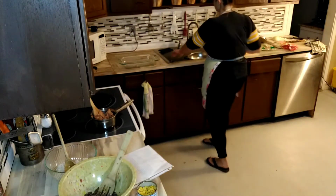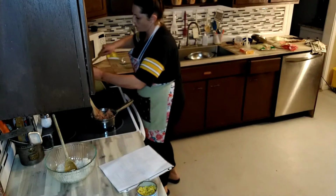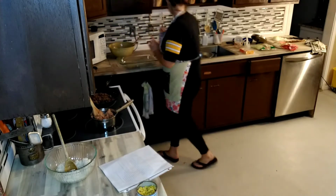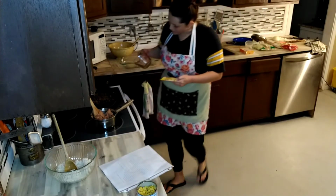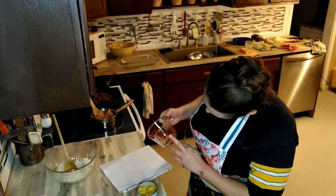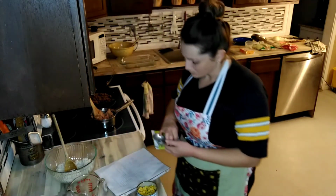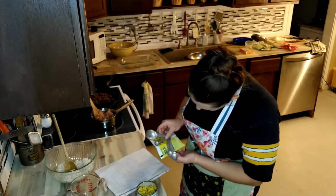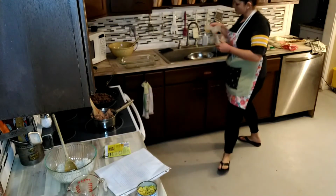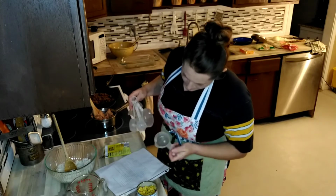So let me get my pan back out, and put the meat back in it. I hope I'm doing this correctly. And let me get my liquid measuring cup and see if I can find 2/3. 1/4, 1/2, 3/4, and a cup. So maybe one of these. 2/3, 1/4, 1/2. Okay, so maybe it is one of these. 1/8, 1/4, 1/2, 1 cup. I think that this is